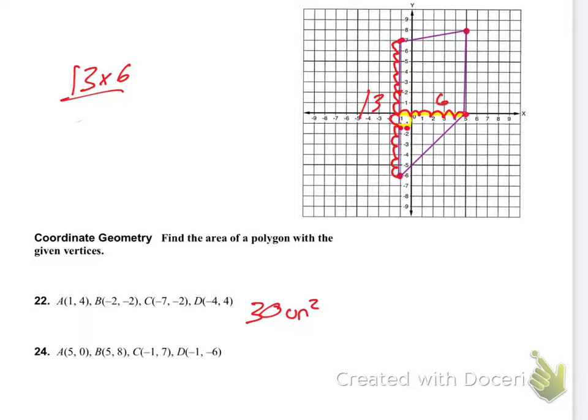Times 6, 78, give me 1 second. All right, so I finally figured this one out. 24 is a little bit tough, but good thing that I had the answer key nearby, because what I realized was that if I just do this, and I just look at, I know this isn't the best drawing,